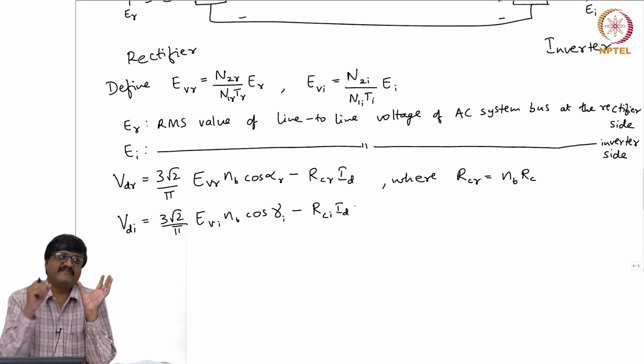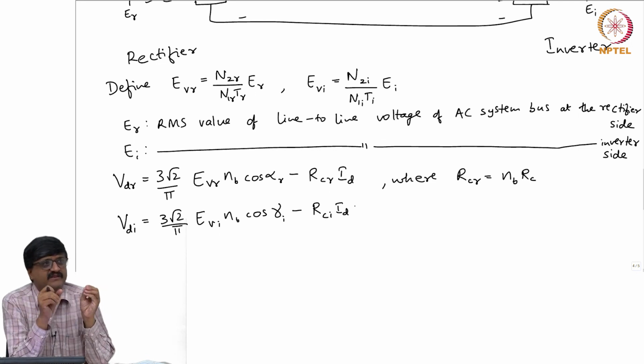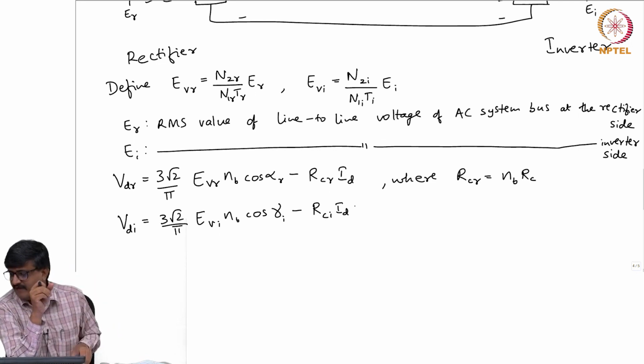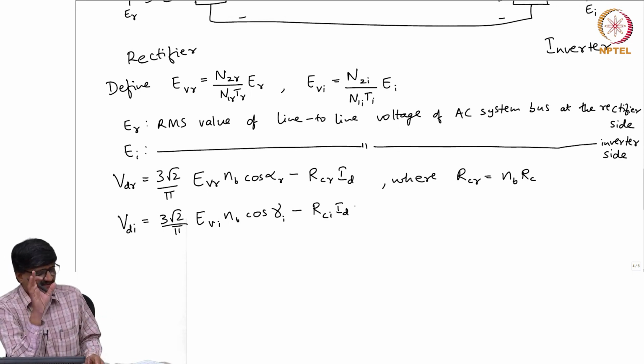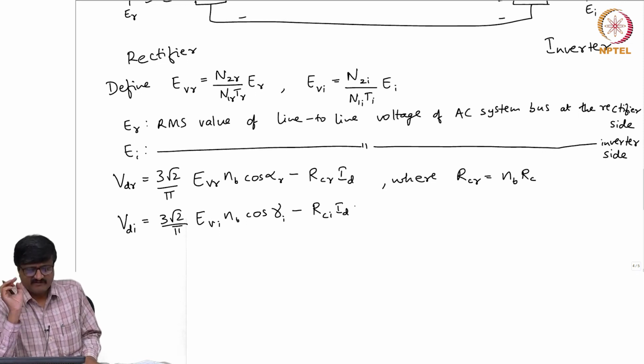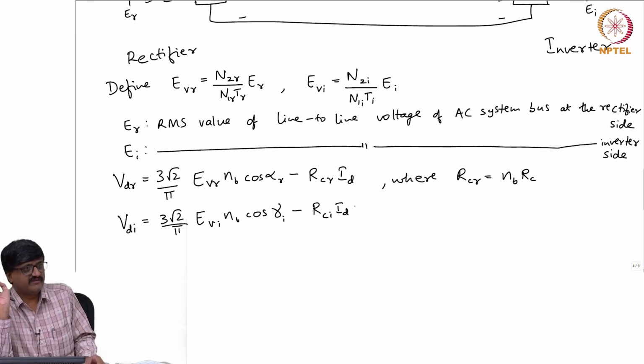The effective inductance that comes into the picture depends on the tap. These are tap changing transformers; depending on the position of the tap, we have the value of the inductance. This is something you would have studied in a power system course or an advanced power system course, not in an undergraduate course, so I will not try to cover that in this course. The point to note is that the leakage inductance is dependent on tap.